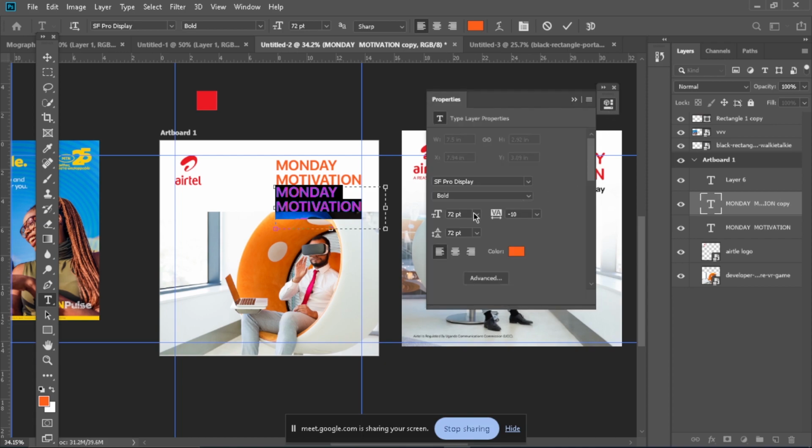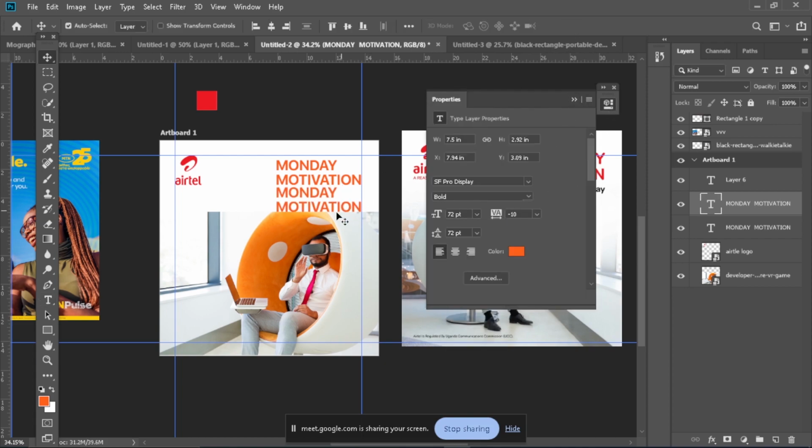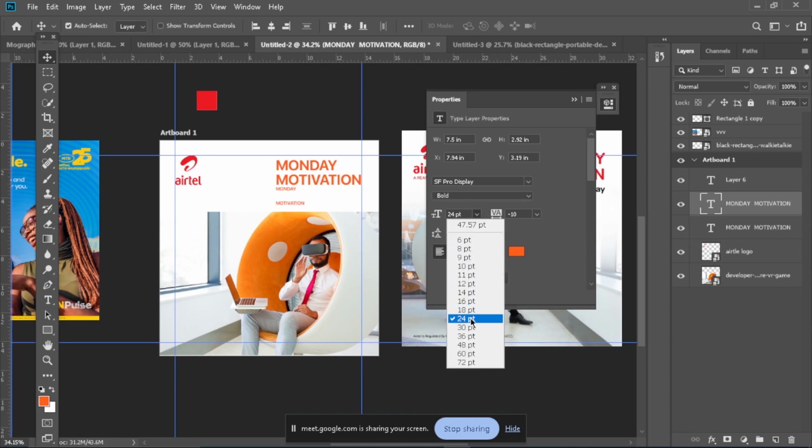So apparently what we have to do is to make it a bit small. There are two ways of making it a bit small. Either there's a shortcut which is Control T. You guys will know about it later on, but let me not use it. Apparently you can come to this text thing. It's literally the size of the text, and then make it literally smaller depending on what you want to achieve. So I want to make it something like 30. Yeah, 36 probably. All right, and then make this one also 36, so it can literally be the same size